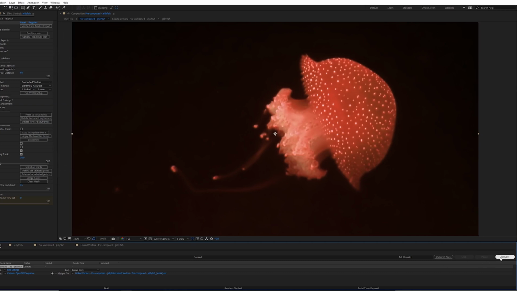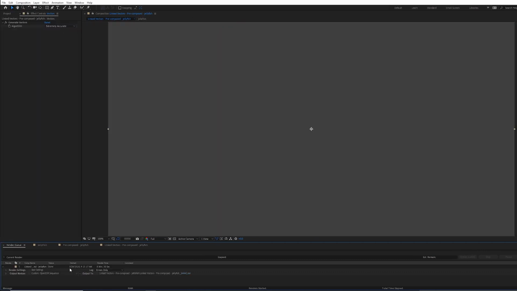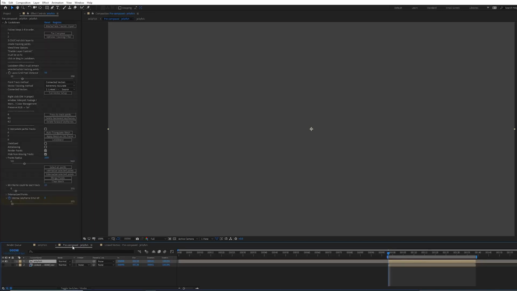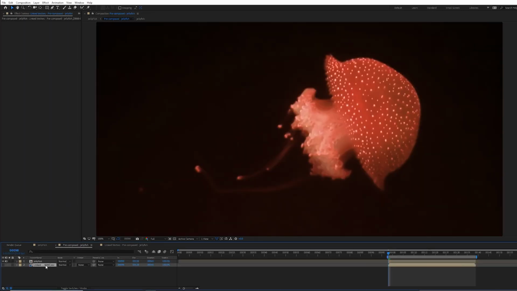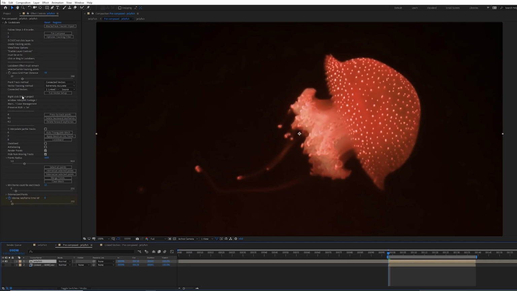Press render. That render is finished. It took about 8 minutes, so a little bit slow, but we'll work on speeding that up. If we go back to our main composition, you'll see the EXR passes here, replacing the composition with the Generate Vectors effect. In Lockdown, this composition is still sourced in the connected vector slot. Before we can track this,